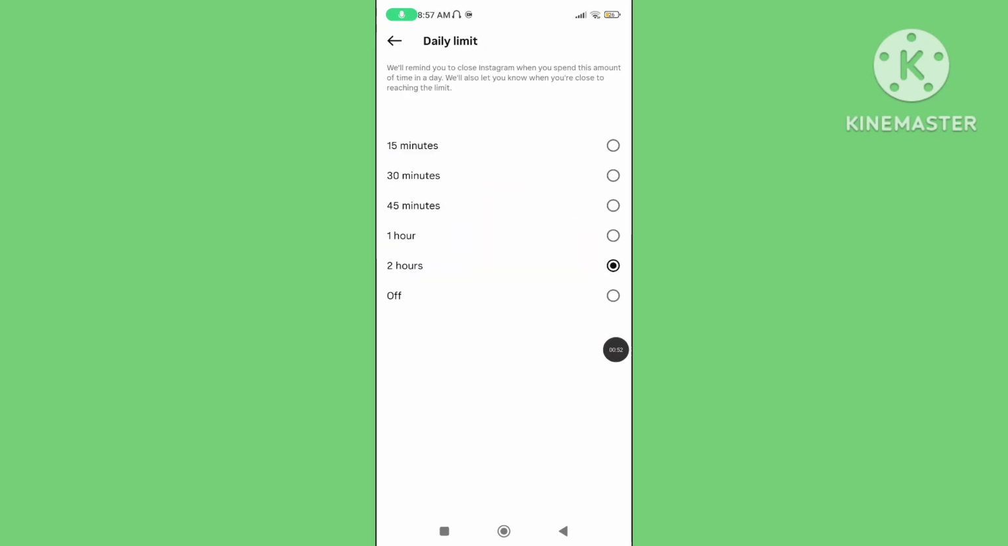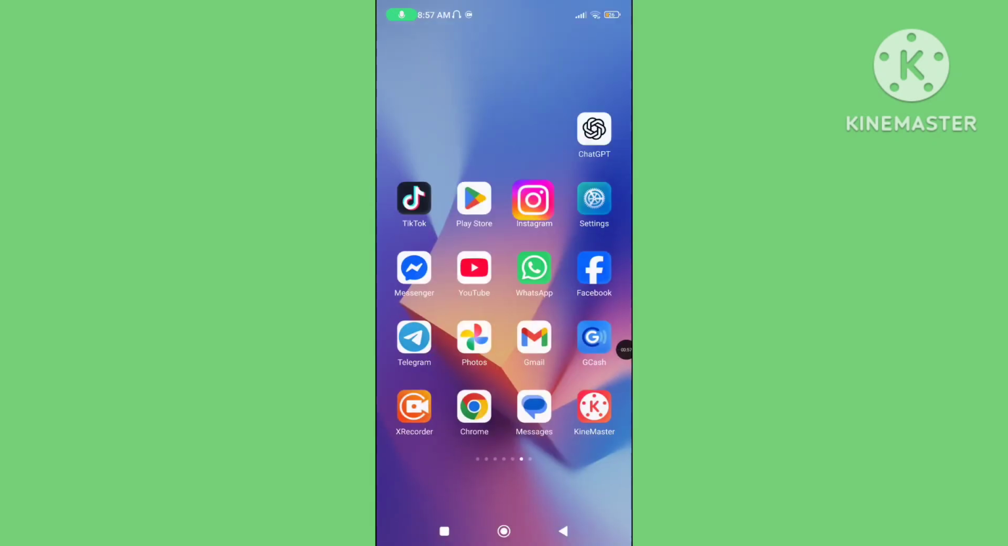You can follow all of these steps to fix the Instagram time for a scroll break problem or Instagram home feed